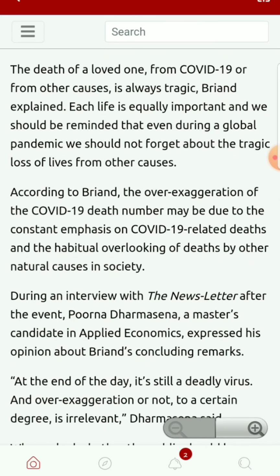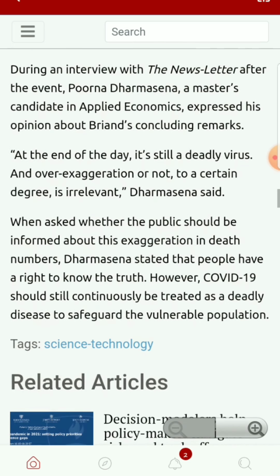The death of a loved one from COVID-19 or from other causes is always tragic. Each life is equally important, and we should be reminded of that. Even during a global pandemic, we should not forget about the tragic loss of lives from other causes. According to her, the over-exaggeration of COVID-19 death numbers may be due to others in society. At the end of the day, it's still a deadly virus, and